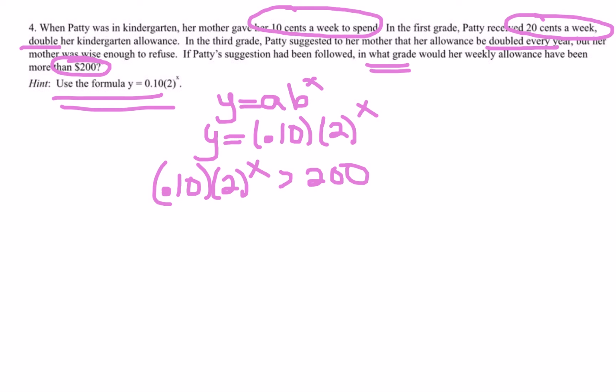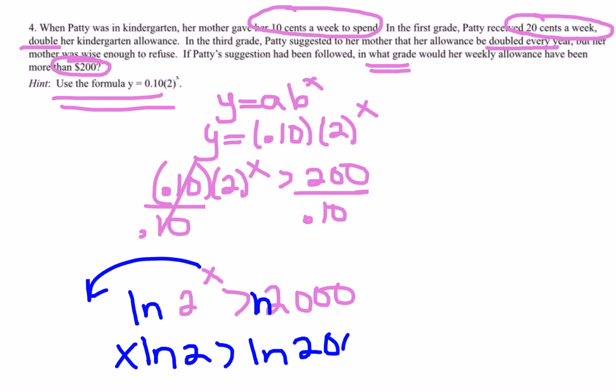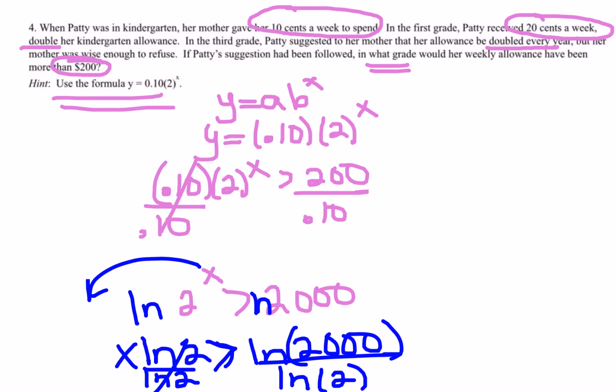Again, to solve for x, isolate the base and the exponent, so divide by 0.10. You'll get 2^x is greater than 2,000. You can use log or ln to bring down the exponent. I'm going to use ln. This guy will come down: x ln 2 is greater than ln of 2,000. To isolate the x, divide by ln of 2. Again, when you type this into your calculator, make sure you put parentheses around the ln of 2,000 and the ln of 2. So that means that x has to be greater than